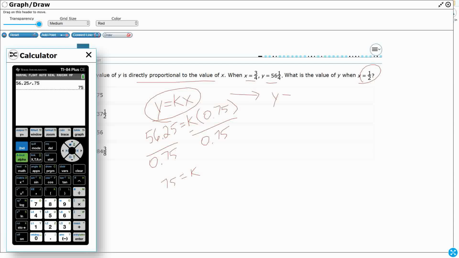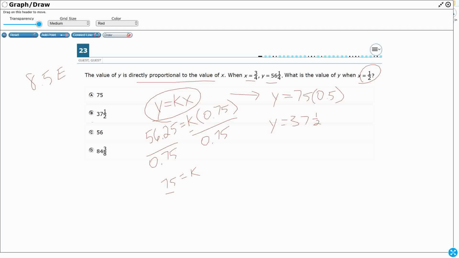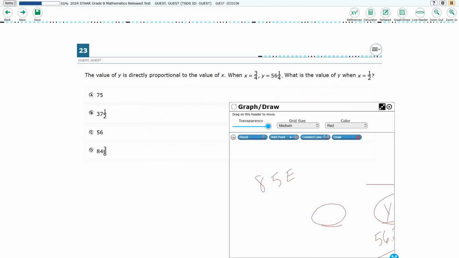So y equals my k, which is 75, and then my 1/2 is just going to be my x, so 0.5. So let's just do that times 0.5. And what do we get? 37.5. I'm guessing they're going to want us to do a half since everything's in fractions. And there we go. Our answer is B,